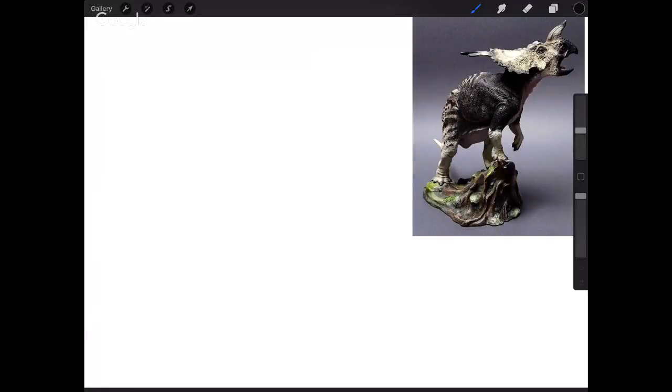We're here to draw. And as usual, we're going to start with a 5-minute warm-up. Today, I'm going to be drawing a Triceratops model from...